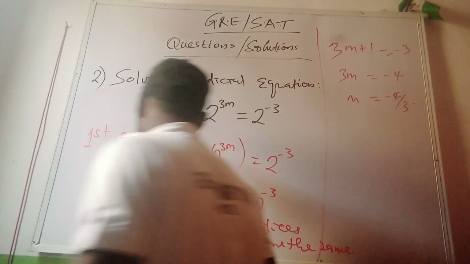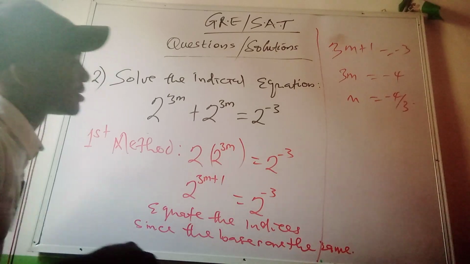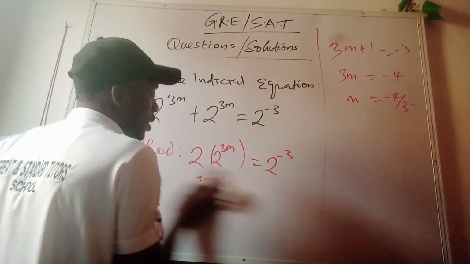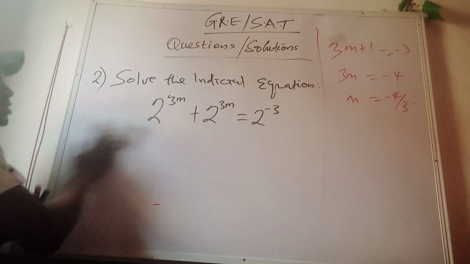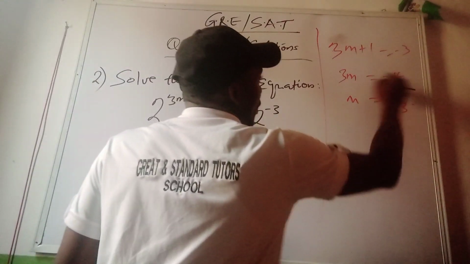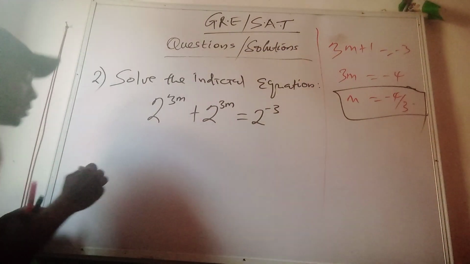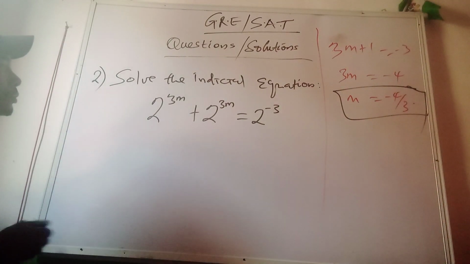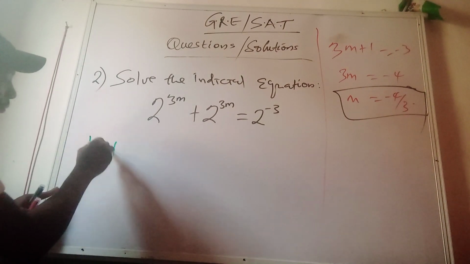That is the first method. And the second method is likewise as simple as this. So please kindly watch again to grab the method very well. So look at the second method. The second method is by saying let